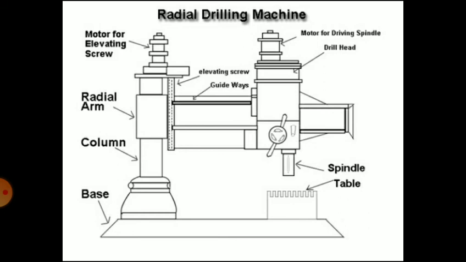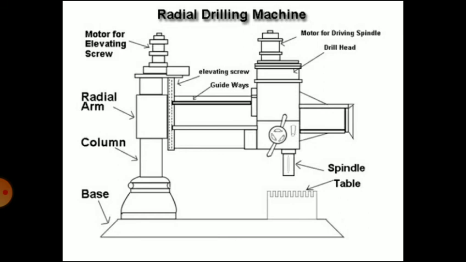The parts of the radial drilling machine are: first is the base. It is a large rectangular casting finished on its top. A column is supported on one end. A work table is supported at the other end. In some machines, T-slots are provided on the base for clamping work to serve as a table.